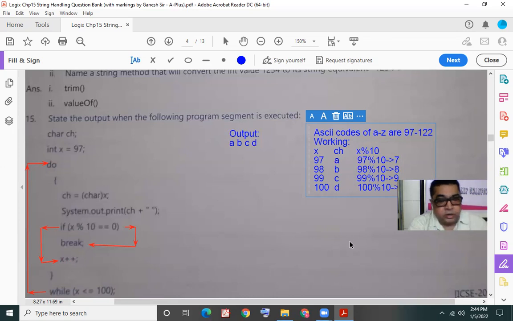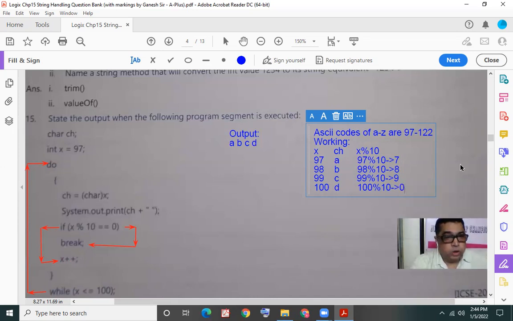Okay, we have completed our discussion on this program now. Have you understood this? Do you have any doubts? You can take a screenshot if you want. This text which is in blue, you'll get it in the PDF that I share with you.